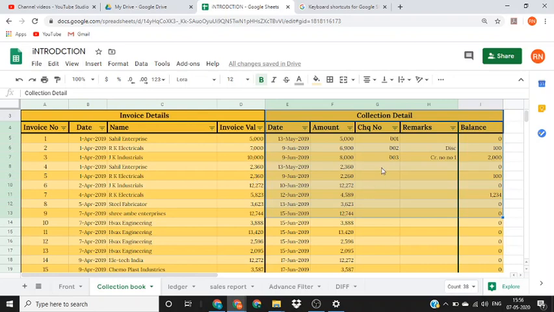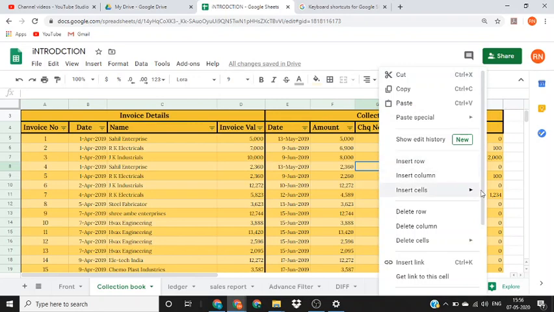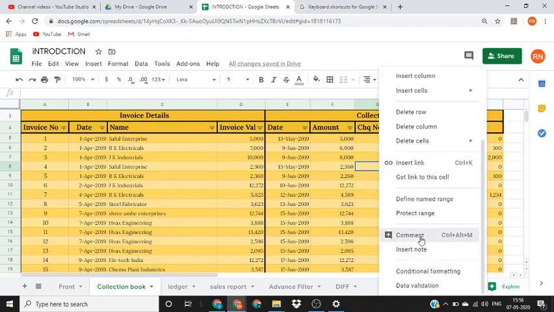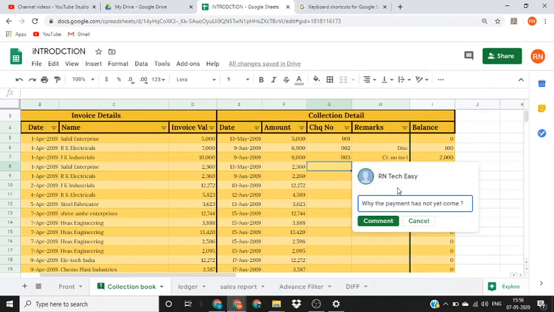Now if you want to ask any of your colleagues with whom you have shared this sheet any particular fact about it, let's say we want to ask him why the collection of Sahil Enterprises has not yet been received. So what we will do, we will insert a comment here and we will type plus. When I click plus, it gives me an option whom I want to mark.